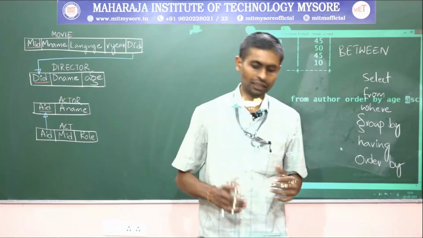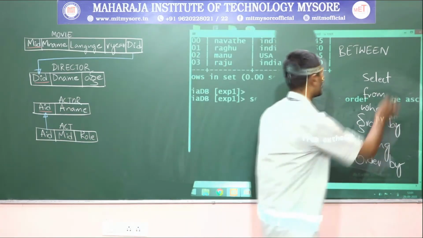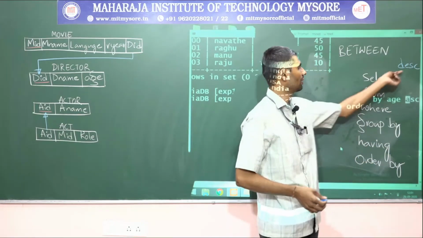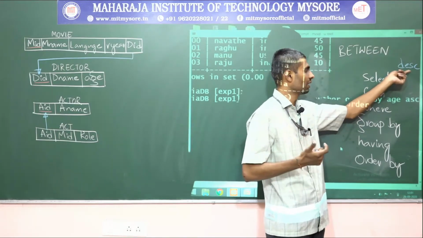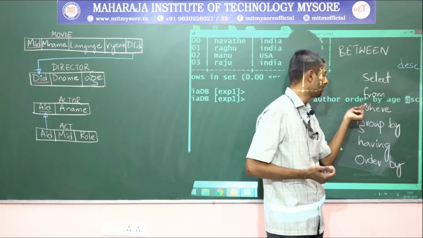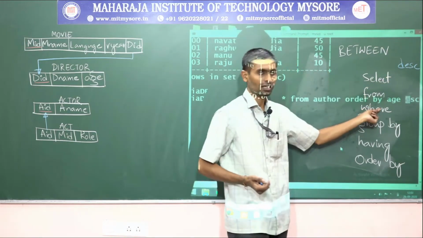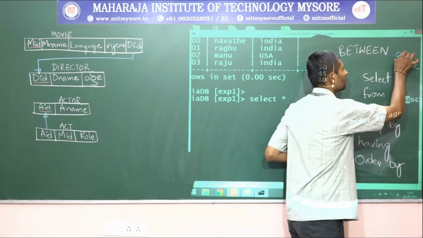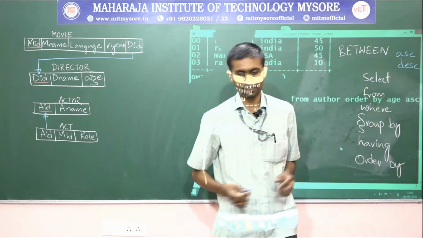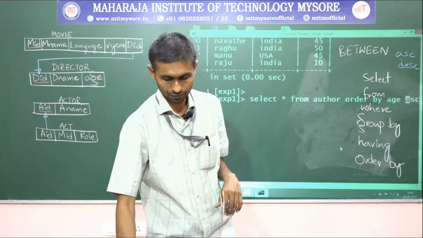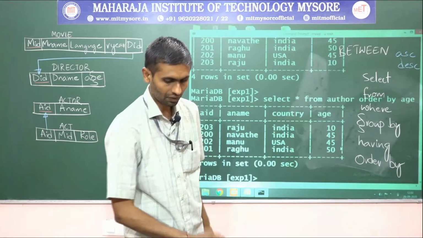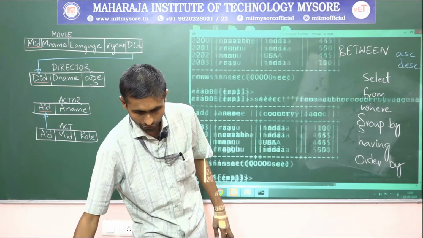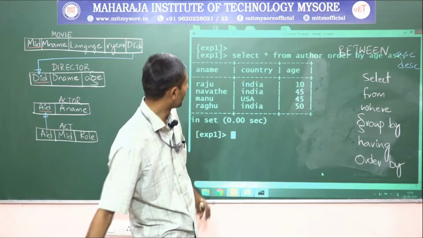ASC represents ascending. Suppose if I have DESC, already we discussed DESC for describe table, right? Here it is to see the table metadata, but there is one more meaning, especially when we are using DESC with the ORDER BY clause attribute, right? So what it will do is order by descending. Then ASC is for order by ascending on a particular specified attribute. Let me go with doing these things, guys. Look at this one, guys. ORDER BY age, then followed by ascending. Now I got the data. Look at this one.